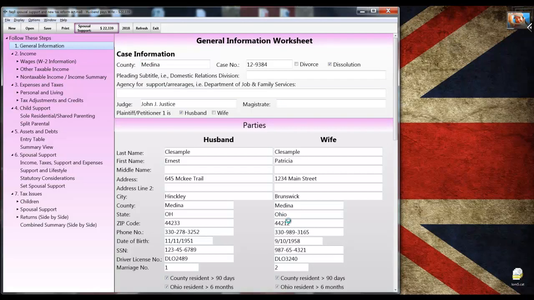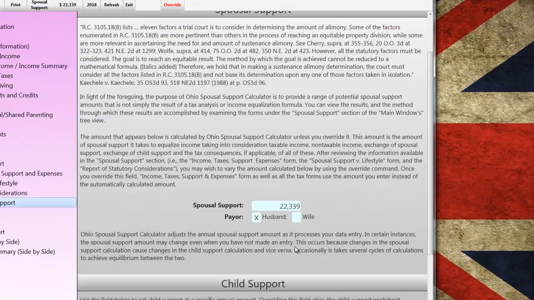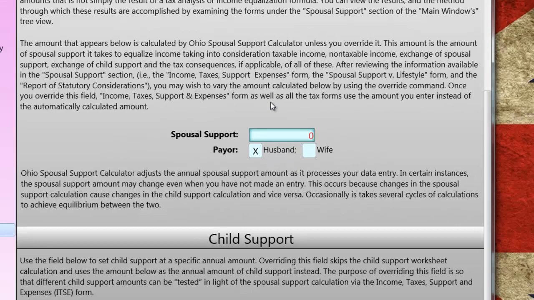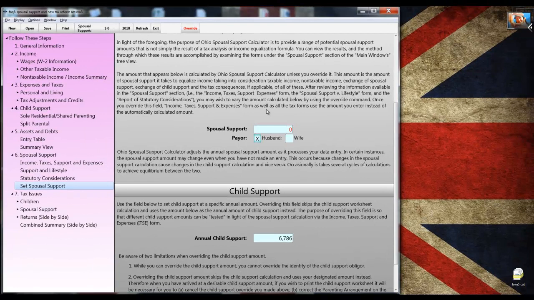And I'm going to the Set Spousal Support. I'm going to go to the Spousal Support item, click in there and then click on Override and change that amount to 0. You can tell it's an overridden amount because it appears in red. Anyway, in this scenario, the wife earns $30,501 from her employment, and the husband is self-employed and has net income of